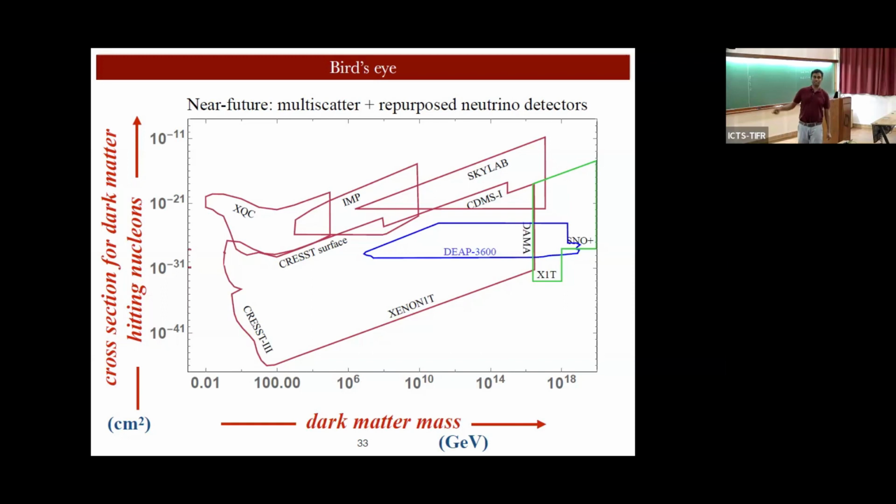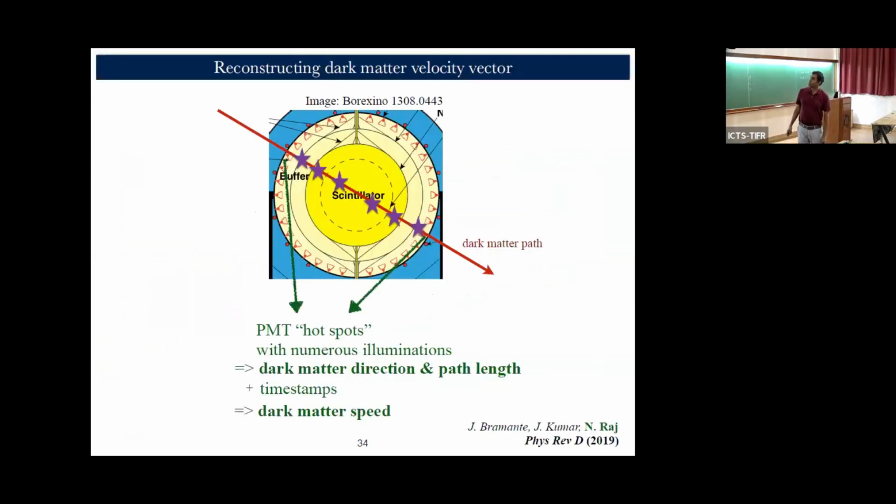The DEAP-3600 dark matter experiment has also looked for multiscattering. So a lot of this space beyond the DAMA limit from 1999 has already been probed. Okay, and SNO+ would really change the game, by orders of magnitude. Since I'm going slow, I'll rush through this. There's one fun thing that you could do if you started seeing these multiscattering signals, which is